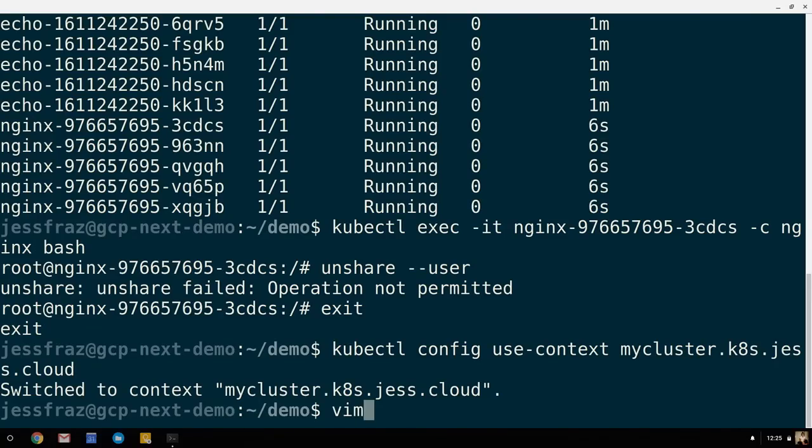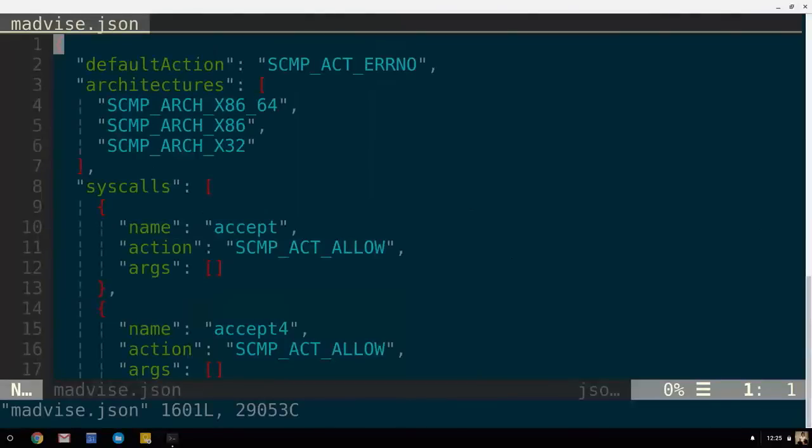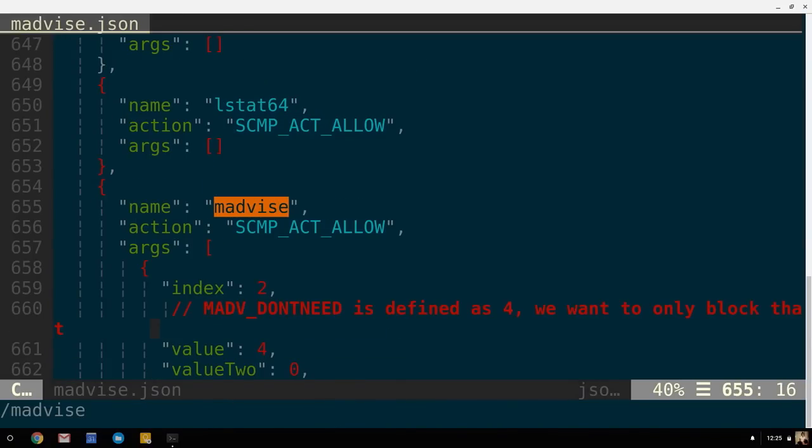But what I did know was that it needed, if we look here, you needed madvise and you needed madvise don't need. So I was thinking to myself, let's just not allow that. We'll allow everything of madvise, but not madvise don't need. So I had this patch ready to send when the vulnerability was going to be publicly disclosed, and I was just waiting on it. And it turns out, actually, and I realized this before the patch was made, which was good,